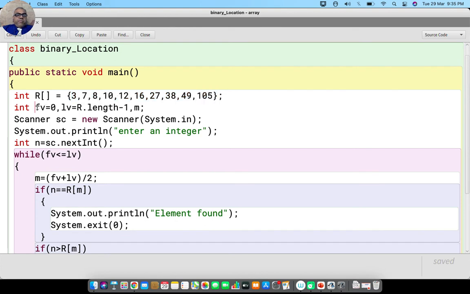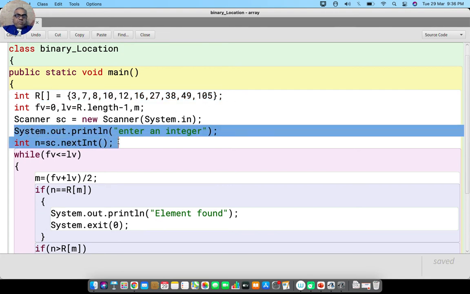My FV is already declared to 0, my LV is already declared to r dot length minus 1, and M is my midpoint. The data is already in ascending order. My input is coming from the user in the form of S.